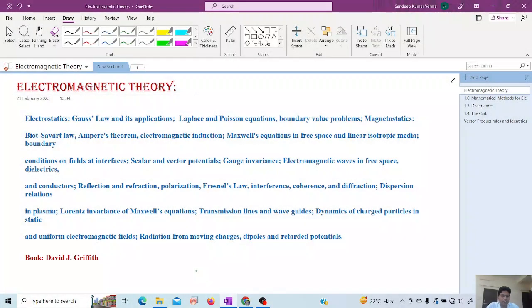Welcome to the lecture series on electromagnetic theory. This is the syllabus, and it is important for all the competitive exams like CSIR, JEST, GATE, TIFR. For this syllabus I am following the David J. Griffiths book. Before studying this syllabus, we have to know the mathematical methods that can be used during this